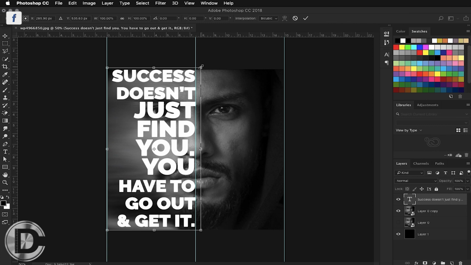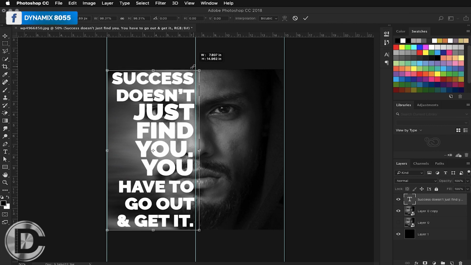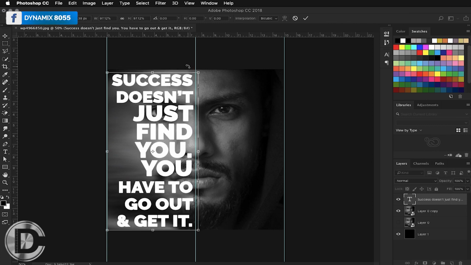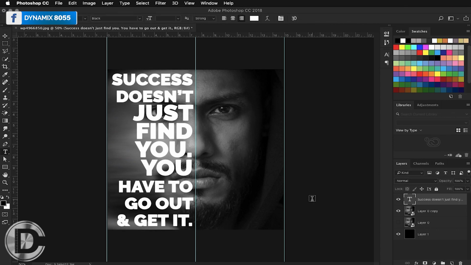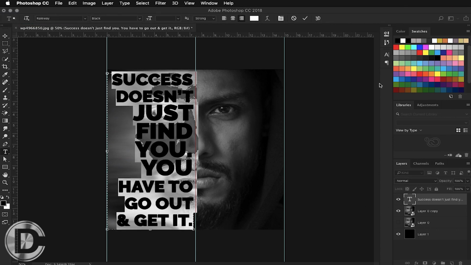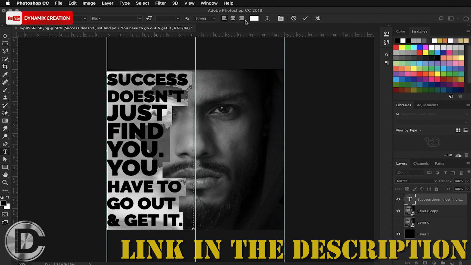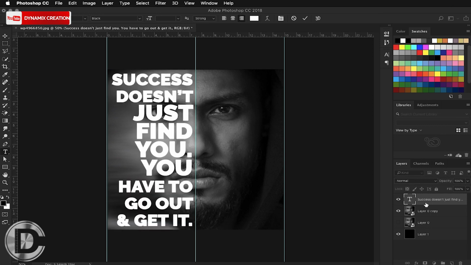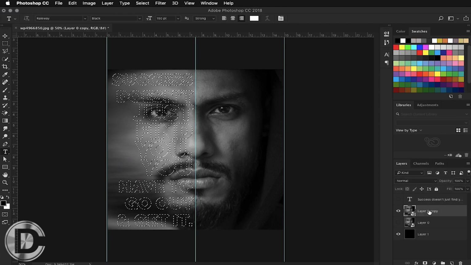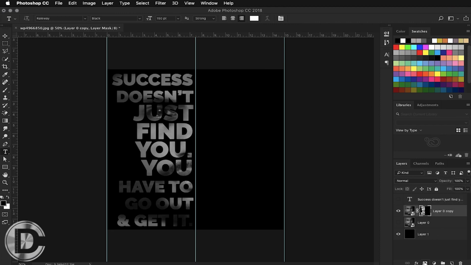You can use it on your own pictures or to make any motivational or story kind of images. How you can clip a picture on a text, I have already covered in a video. Link is in the description, you can go and check that too. So in this tutorial you can learn how you can embed a text onto your picture. So for that, let's get straight into the video.